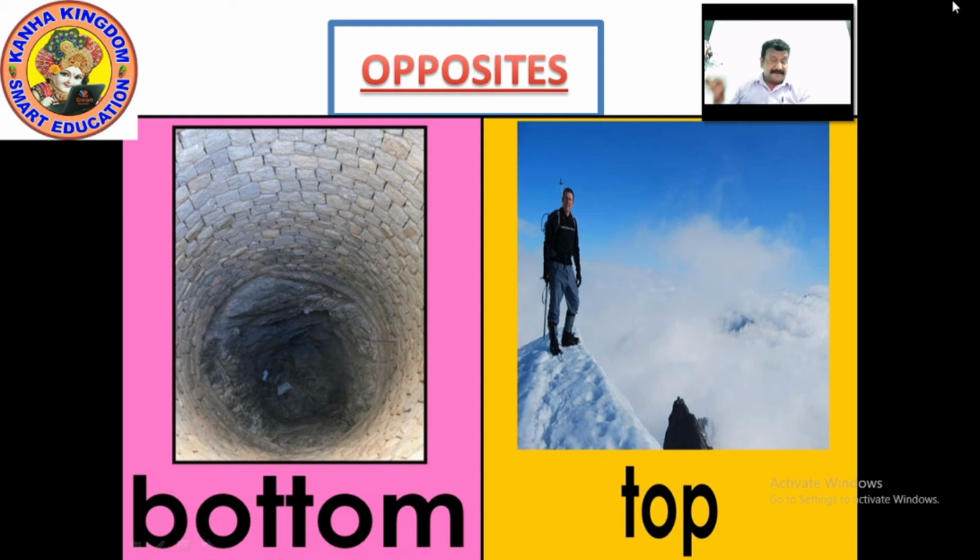From where did he start? He started from the bottom. Even that's called bottom. Bottom, top. Top, bottom. Bottom are the base things. Right? Base things are the bottom. From the bottom, if you start climbing a certain hill or mountain, we reach the top, it is called top. Bottom, top. Top, bottom. B-O-T-T-O-M, bottom. T-O-P, top. Opposite of bottom is top and opposite of top is bottom. Please write it down.